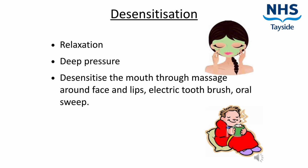Some children benefit from some desensitization activities prior to trying new foods or prior to mealtimes. This might include simple relaxation activities such as mindfulness or guided relaxation stories, deep pressure activities such as proprioceptive heavy work, massage, or pushing and pulling activities, or your speech and language therapist may recommend some desensitization activities around the mouth. For example, massage, which includes firm stroking movements towards the mouth, keeping movement symmetrical, perhaps massage around the face